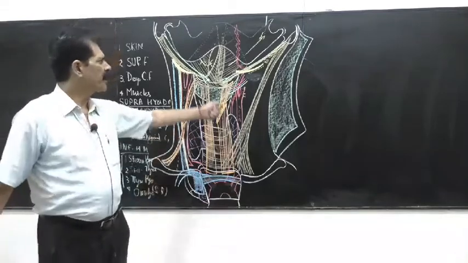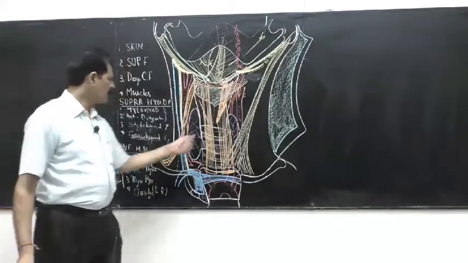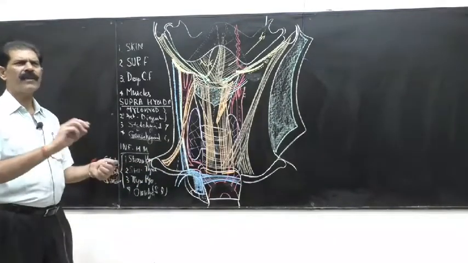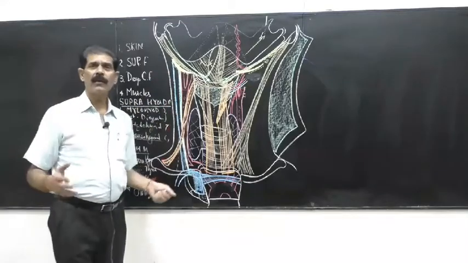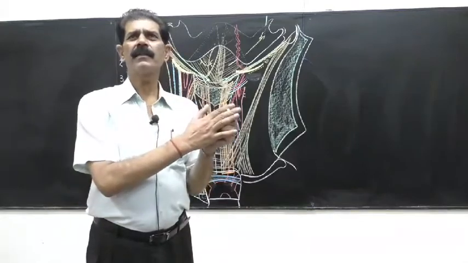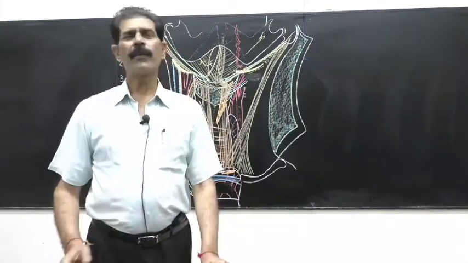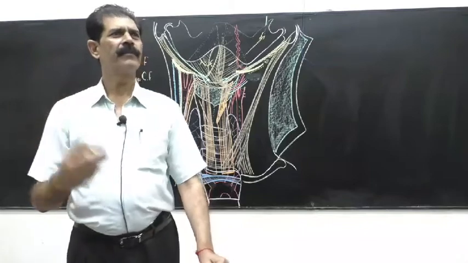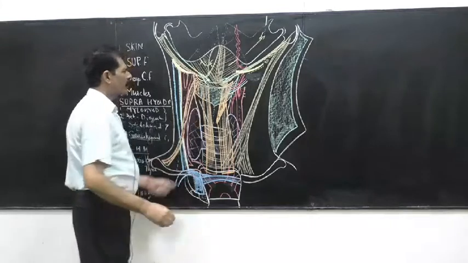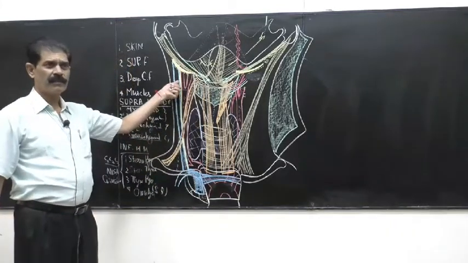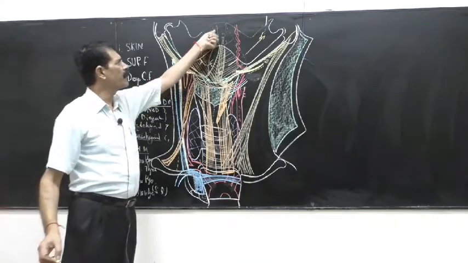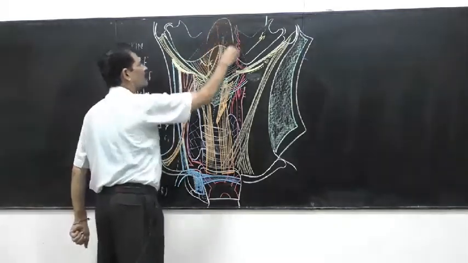So the C1 fibers accompany the hypoglossal nerve because the C1 nerve has to supply to form the ansa cervicalis. They are very, very thin. The hypoglossal nerve is a thick nerve. So the C1 fibers say that we are very thin and poor, please bring us to the anterior triangle. The hypoglossal nerve says, okay, you come with me. So the C1 fibers come along with it. But when they reach the carotid sheath, the hypoglossal says that I am going towards the tongue to supply it, because the tongue is very far away in the mouth.